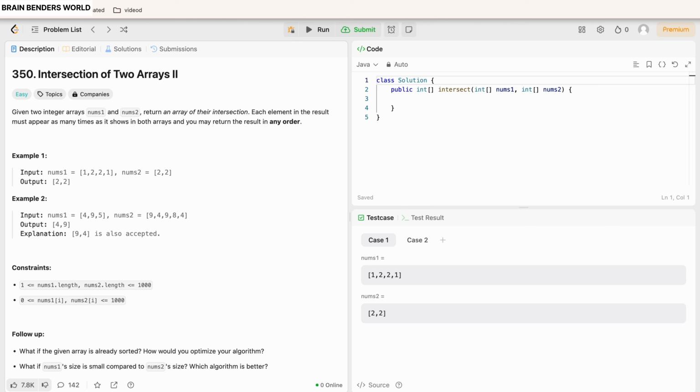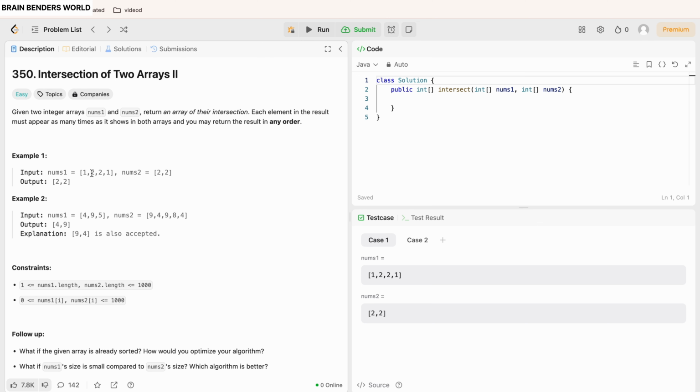solution for this. Well, intersection is a mathematical concept. Intersection, union, set, subset. They try to use this in the concept of maths, and it helps to understand if we know the meaning of intersection and how to find intersection between two sets. So over here, these sets are arrays. So num1 is one set and num2 is the other set. And the intersection of these two arrays, if you see, 2 is common and then the other 2 is